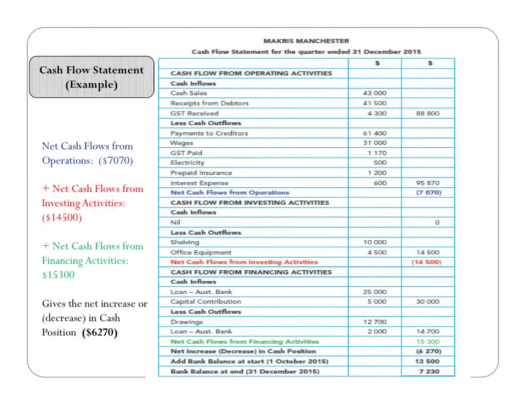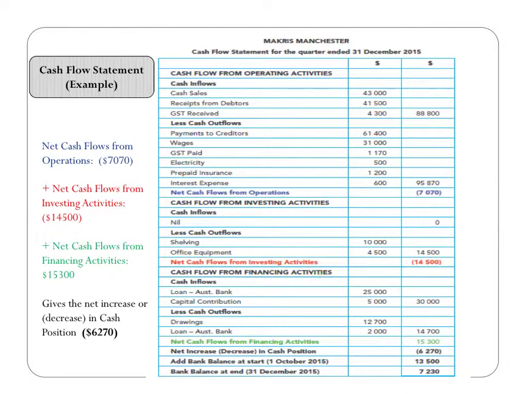Okay, so the next section is cash flows from investing activities. Again, you list out any cash inflows. If you've sold any non-current assets, then there would be a cash inflow here. In this case, nil, nothing. Less cash outflows. Any cash spent on purchasing non-current assets, shelving, office equipment. The subtotal, the net cash flows from investing activities, is negative here because you've bought non-current assets. Okay, last section,